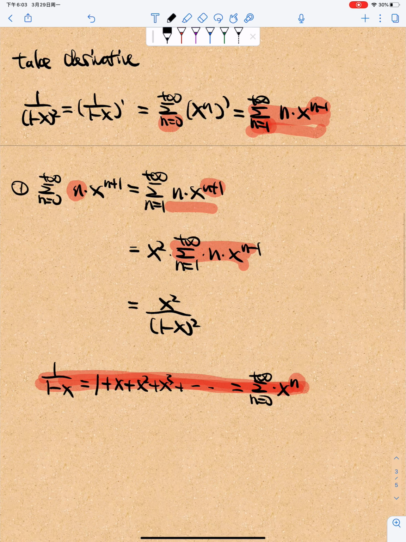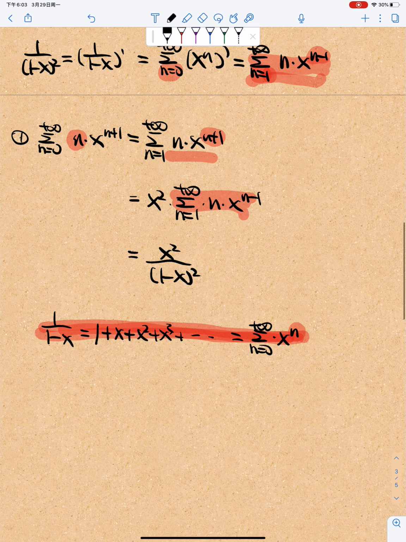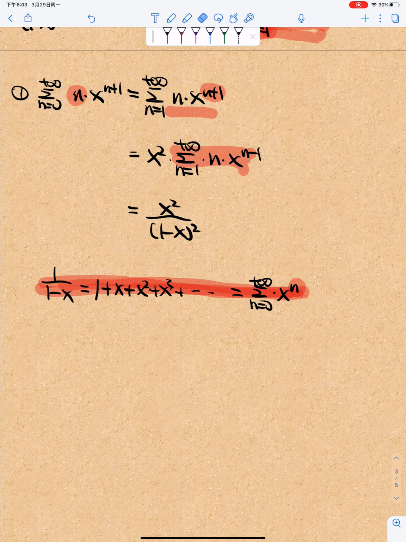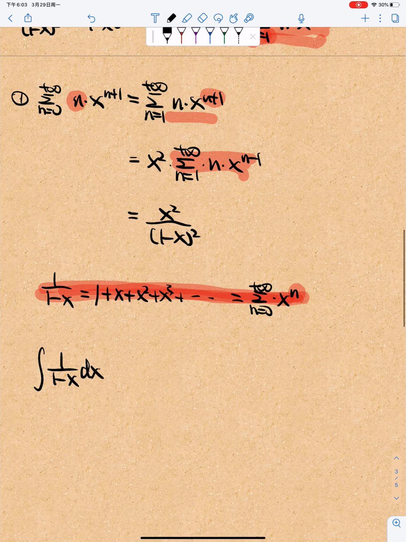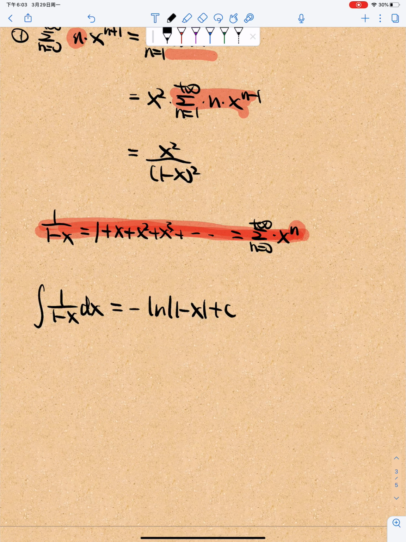And in order to obtain this function for part 3, it turns out that we need to take the integral of this equality here. On the left-hand side, we take the integral of 1 over 1 minus x, and that is equal to negative natural log, absolute value of 1 minus x plus c. And if we take the integral of this power series,